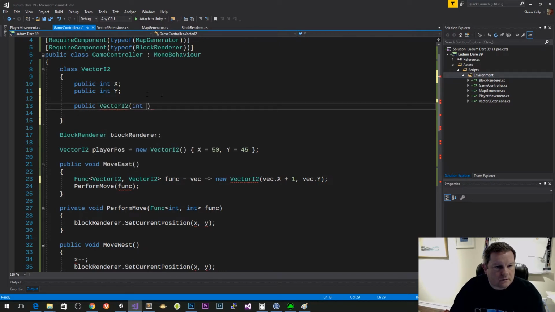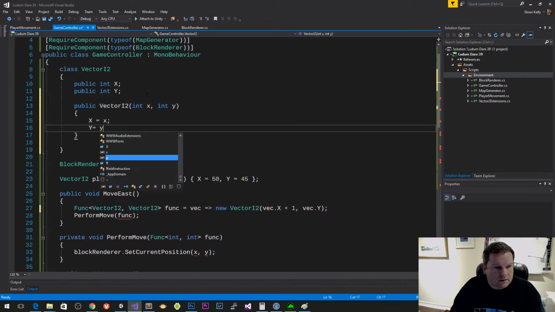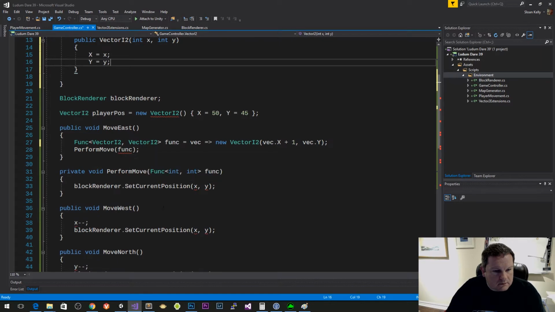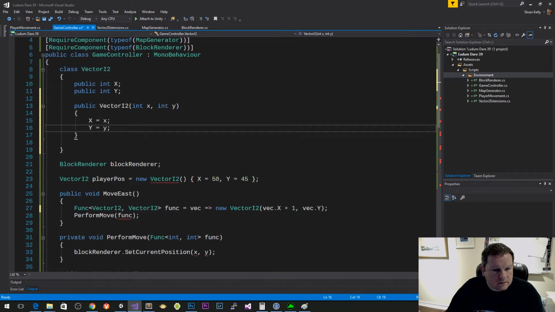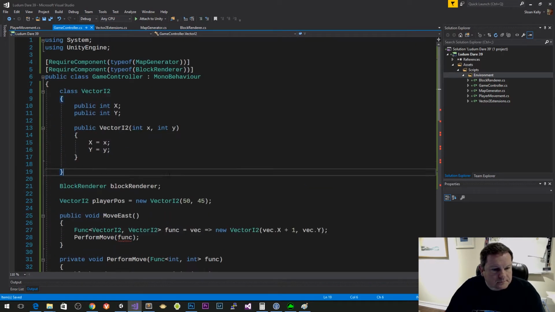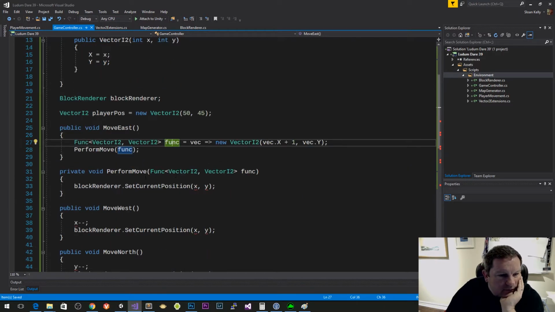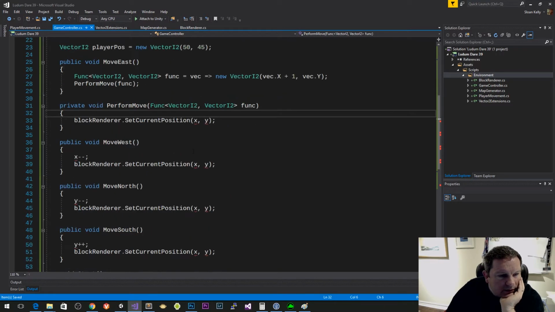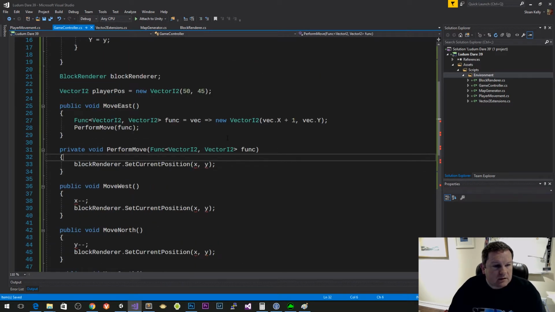Vector I2 x equals y, x equals x, y equals y, and then I will do the same thing in, where's my function up here? Yeah, so instead of that, I'm just going to do 50, 45. Okay, and then my function changes to being this. So that's my function, and then I'm going to say block runner set current position, and that's going to be